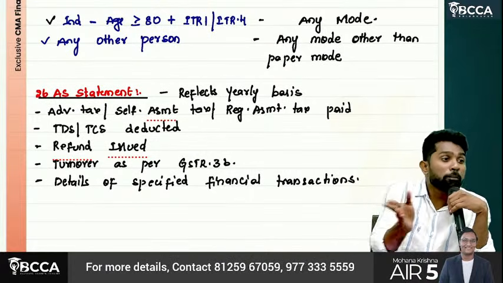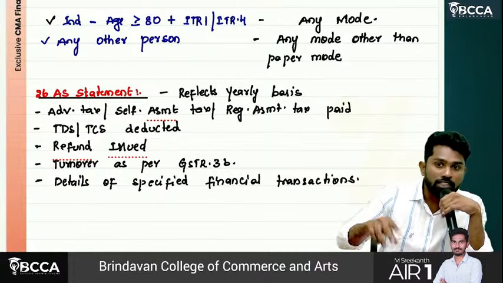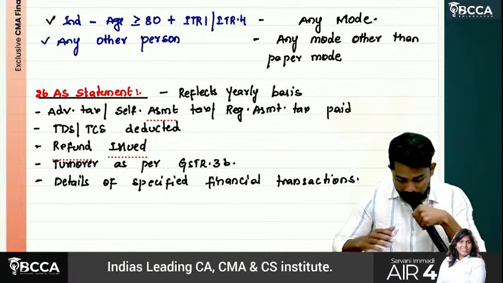Okay, there shouldn't be mismatches between 26 years and the return we're going to file. Okay, so that's why